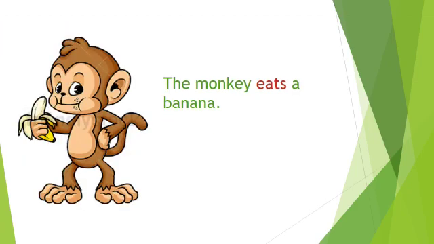Now in this sentence, the monkey eats a banana. How many monkeys are here? There is only one monkey. So the monkey is singular. We have already established in the previous slide that with a singular noun we will add s or es to the verb to make it simple present tense. That's why we have added an s to eat. The monkey eats a banana. We cannot write the monkey eat a banana. That would be wrong.